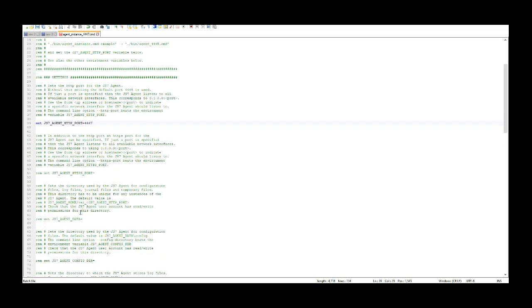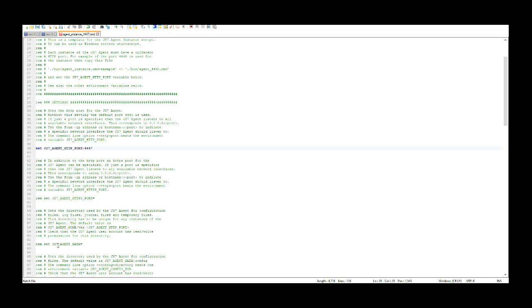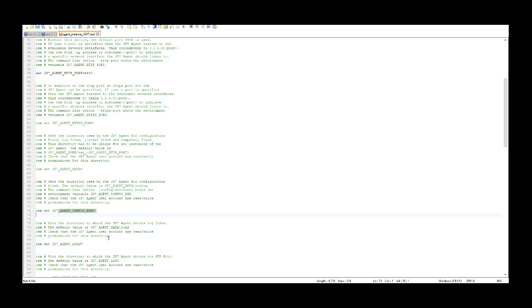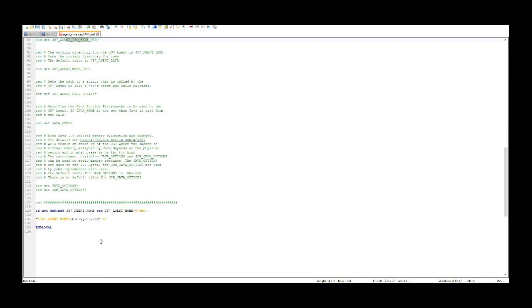In the file, you can change the data directory for the agent and other data, for example the config directory, the data directory, the location for the PID file, etc. You can change them according to your requirement, otherwise it will create a new folder with an underscore and the port name. With this, all the data for this agent will be stored in that folder.